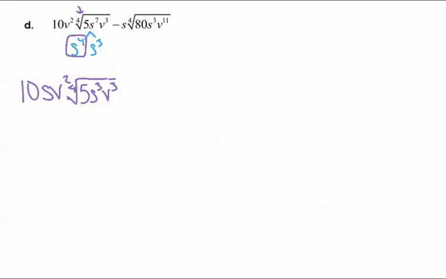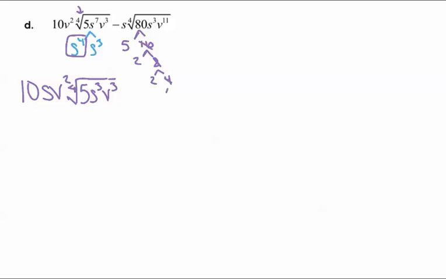So now I want to go ahead and look at my second radical, the 80s cubed v to the 11th, and try to simplify that 80 to get some sort of 5 inside. Since I know that I want to get a 5 inside because I need it to be like terms with this first radical, I'm going to go ahead and divide that 80 by 5, and I'm going to see that I get 16. So you can kind of know that that 16 better be a perfect fourth root because I need to be left with just a 5. So you could go ahead and type that in your calculator, the fourth root of 16, or you could go ahead and break that up a little bit more